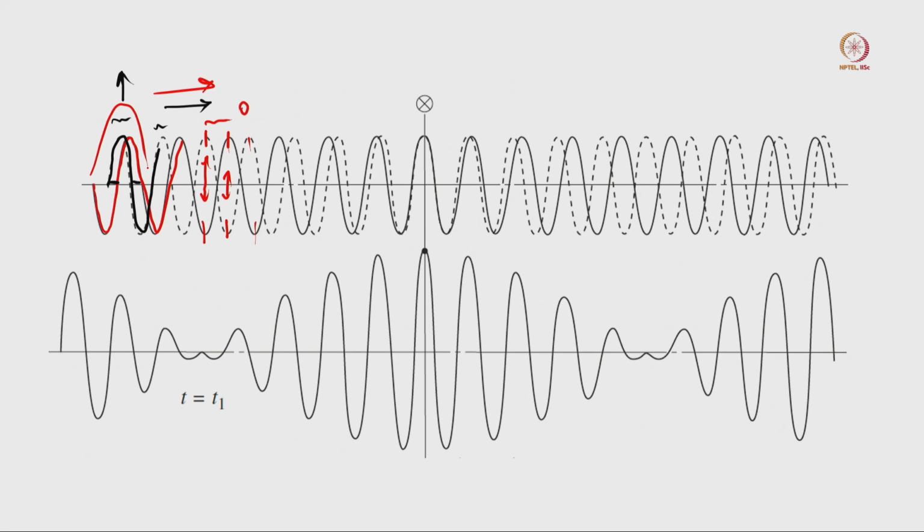Same thing, if we go gradually in this direction, you can see it now. This black wave and this dotted wave are almost in the same position, but they are not very close to each other. So you will get a high amplitude, but not that high. But if you consider this particular wave, both the dotted wave and the black wave, they are almost merged with each other. So then definitely it is going to boost the amplitude here.